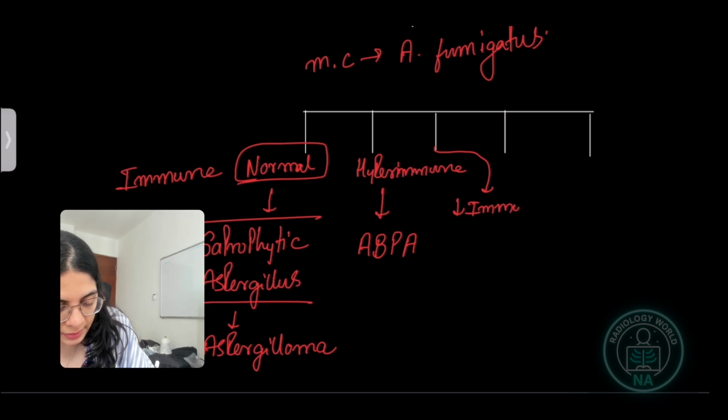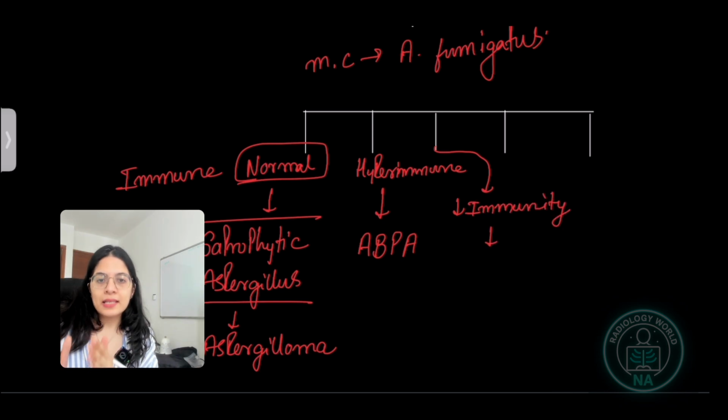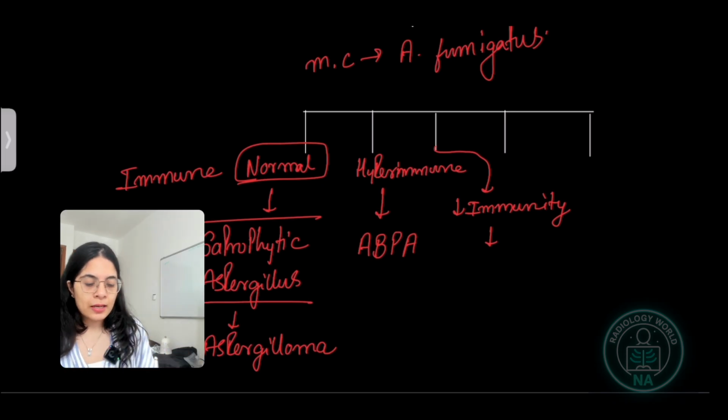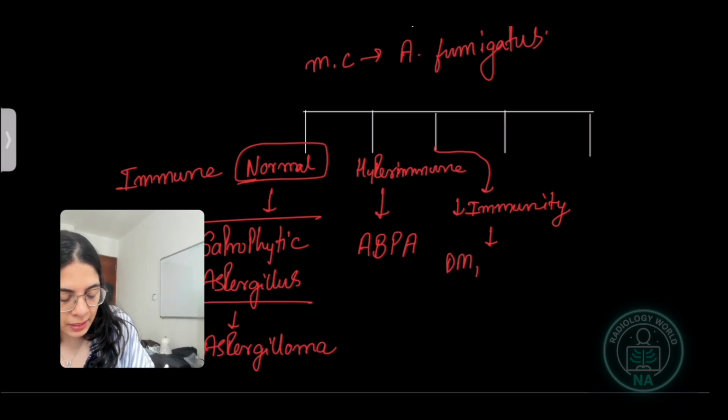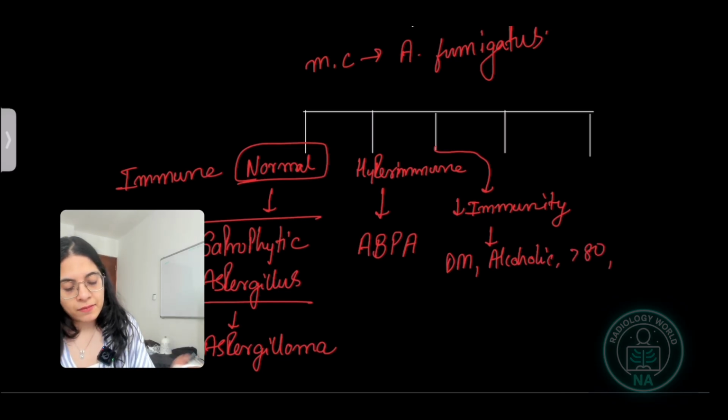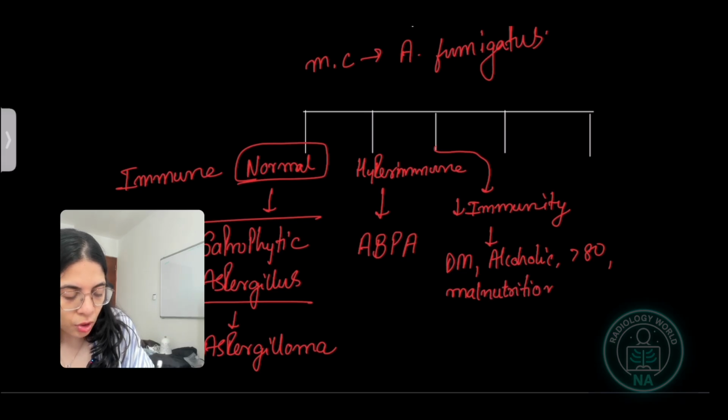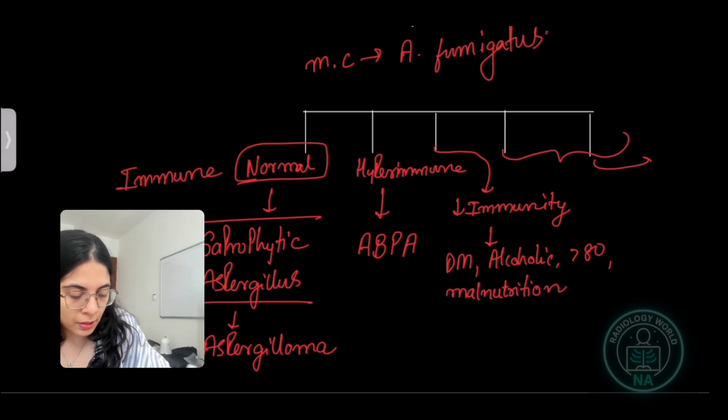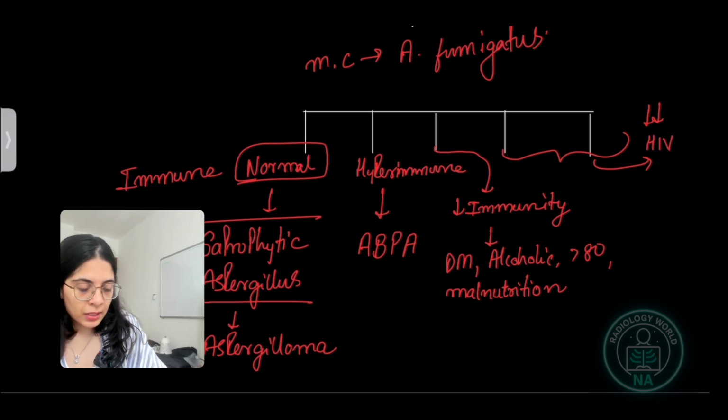Another thing is the patient having less immunity. One is very less immunity and one is slightly less immunity. I'm talking about just slightly less immunity. Maybe the patient has diabetes mellitus, or is an alcoholic, or is of very old age, say more than 80 years, or has severe malnutrition. I'm not talking about the very severely immunocompromised, say HIV, which will be dealt with something else. Here we'll talk about